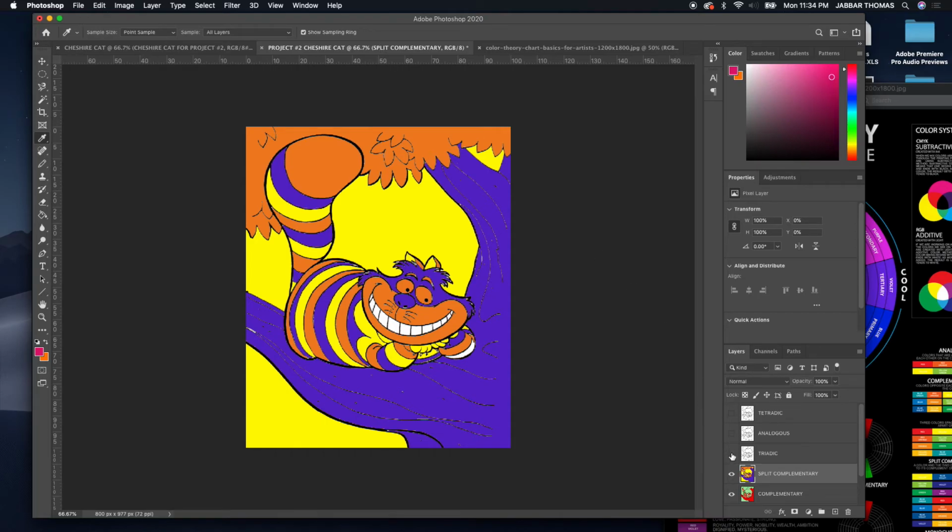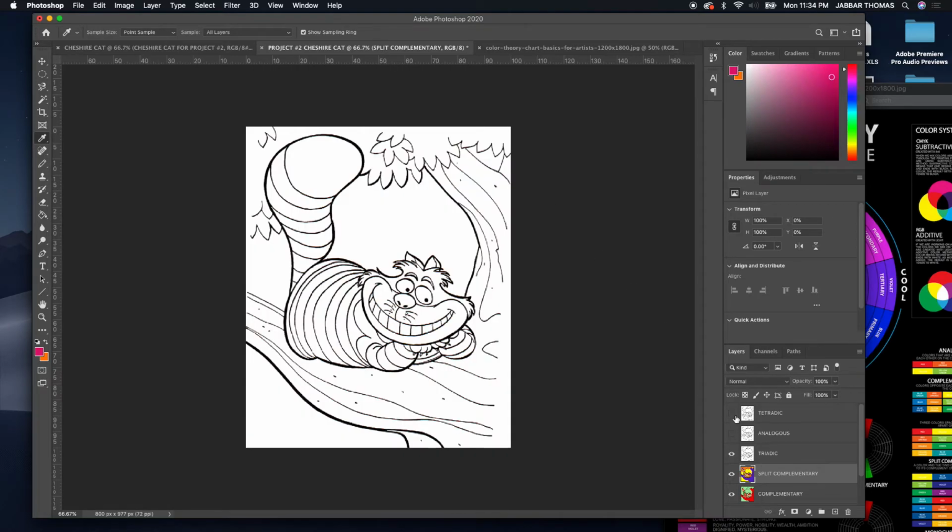But once again, I want to turn on the eye for the tetradic. It's at the top of the stack. Make sure you select it. Okay, I just jumped up to the top of the stack there. It doesn't really matter which order you do them in as long as you have all of them. But I wanted to show you tetradic because that's not something that was covered in the book, I don't think,